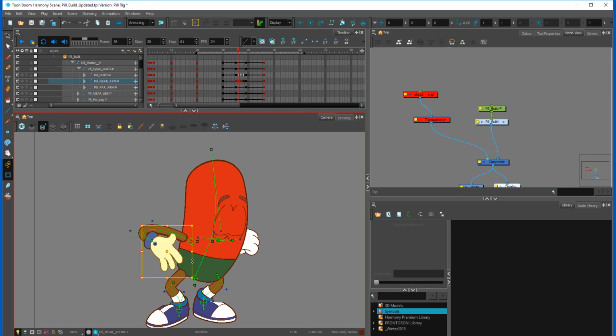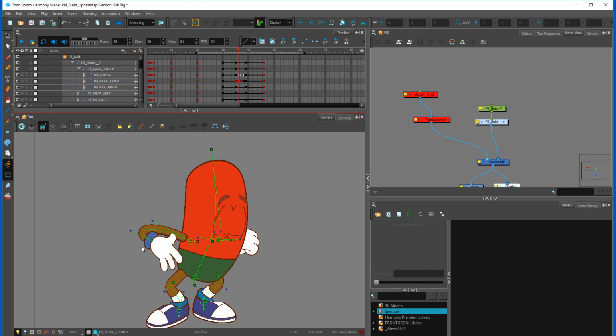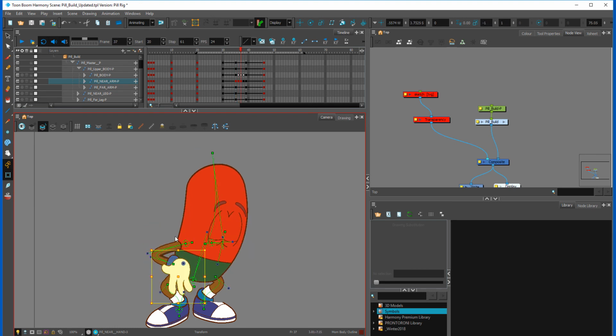I'll flip the symbol by hitting 4. Okay, and I'm going to create an artificial drag here by pinching the arms here. And then